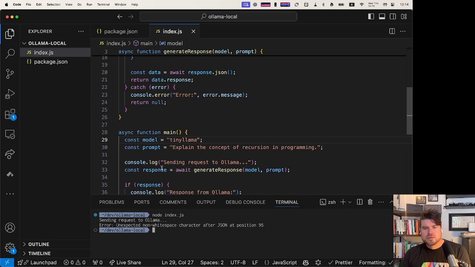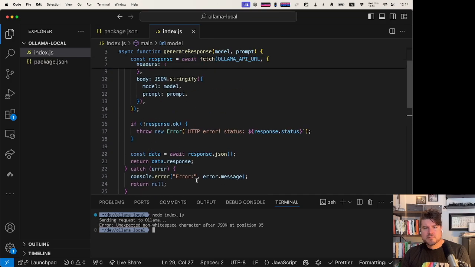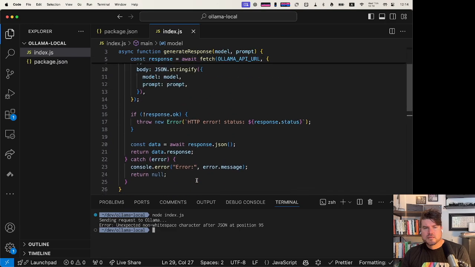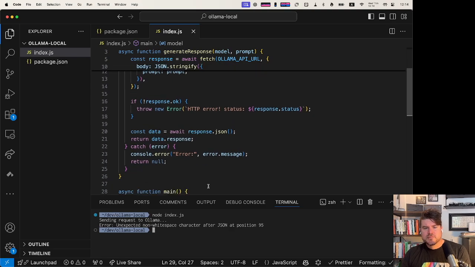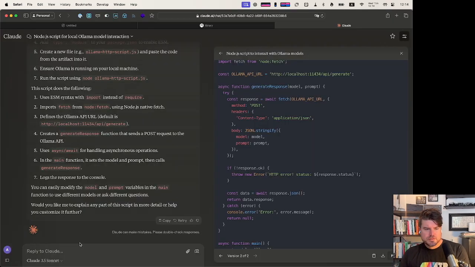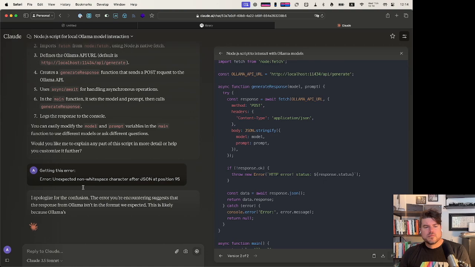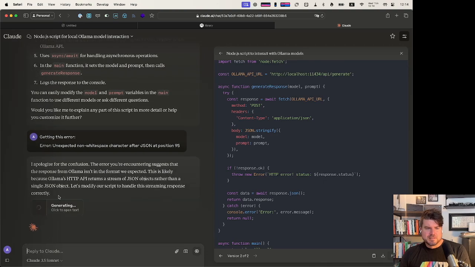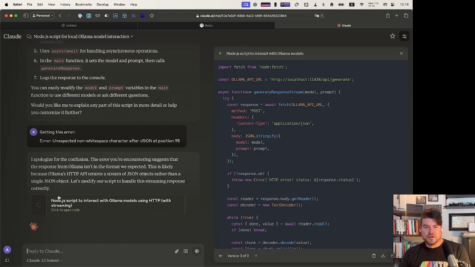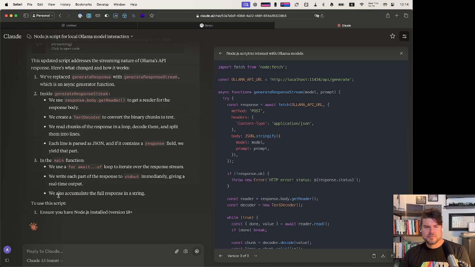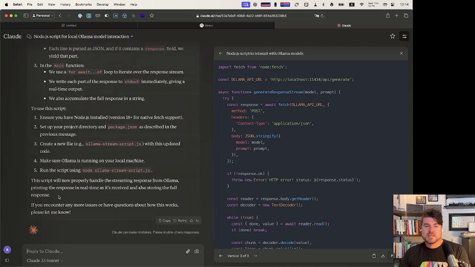So this is the prompt. Okay, so it looks like we're doing JSON.stringify. So while we're thinking through this, let's see if Claude can help out too. One of the nice things about working with models is it's pretty cool that we can just chunk some different error messages at it and